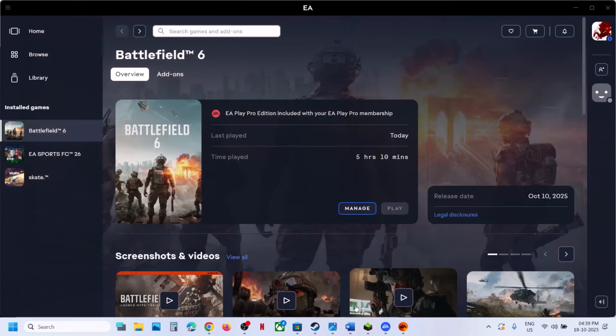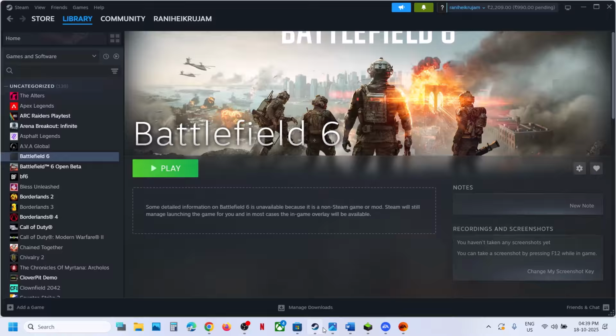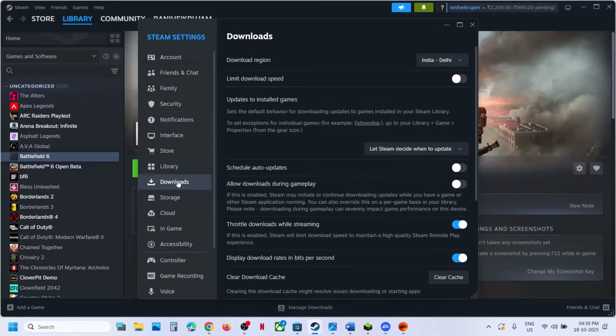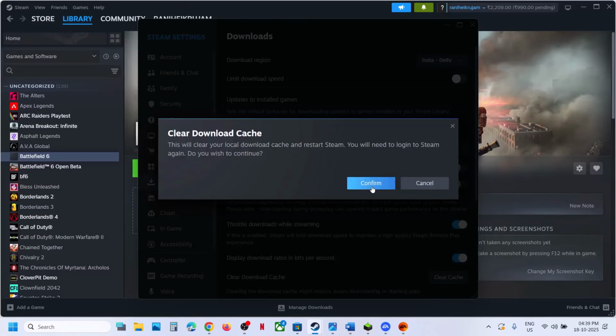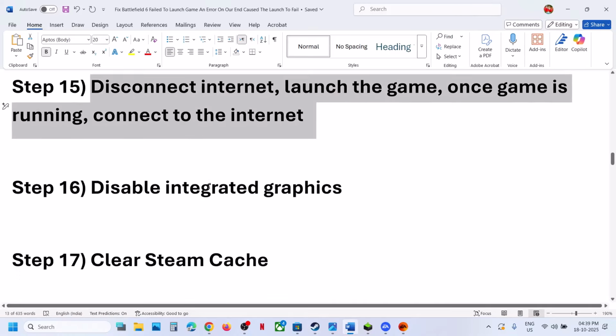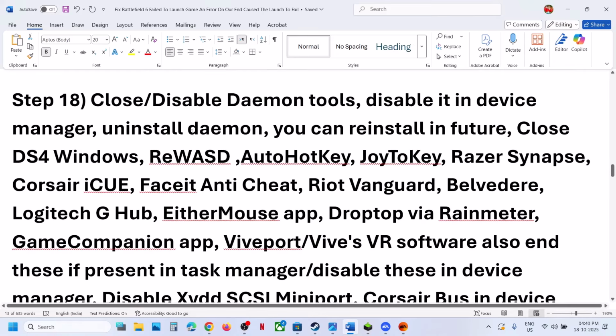Now the next step is to clear Steam cache. Now for this, if you have the game on Steam, go to Steam, settings, downloads, clear cache, click on confirm. This will restart Steam, log into Steam account and then relaunch the game. Still not working. The next step is, now if you have these applications running on your computer, disable, close